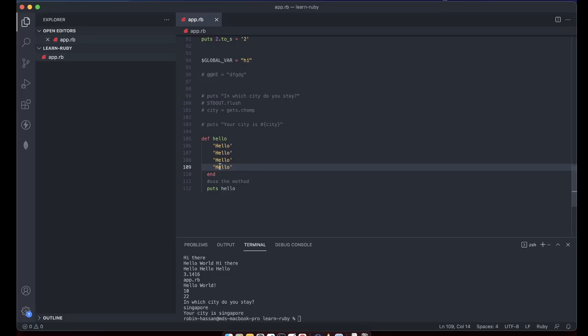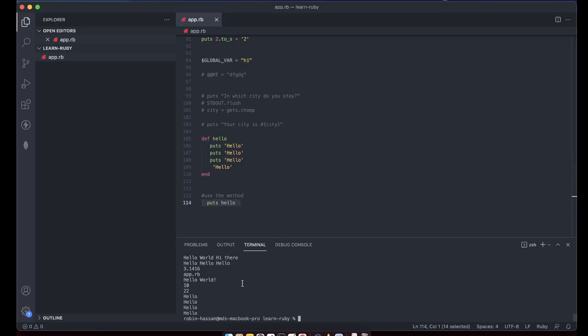What it will do is always return the last line of code in Ruby. Just remember, in Ruby a method is where you write def and the method name, and then it will return the last value. But if I write puts here, then it will return nil, because puts doesn't return anything. But if I return like this, it will return this hello value, and it will end with this. If we run this puts hello, you see that